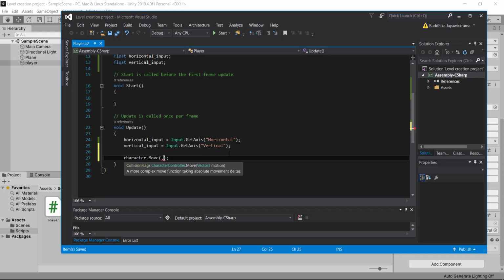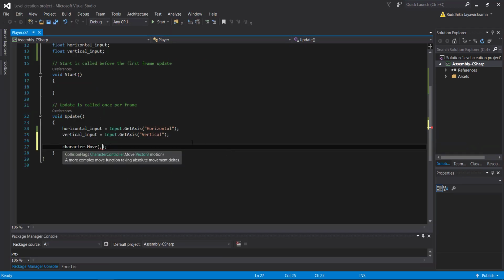Inside this function we can pass a Vector3 parameter to move the character controller object towards the direction that vector is representing. Before passing our resultant vector, the vector that is calculated from our input values, let's define a separate variable to keep the resultant vector.